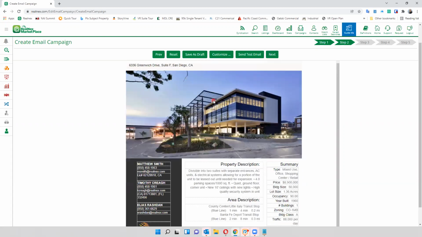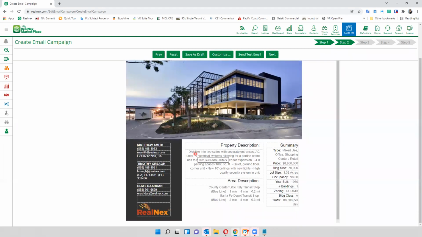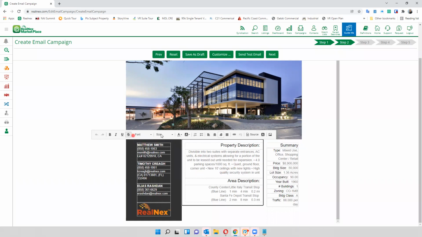Now, this can be edited as well, but the nice thing about this is this information pulled directly from my marketing package. So when I created my marketing package, I was able to push the information from my marketing package to my email and email it out rapidly. You can change any information you want on here. And again, it gives you the same information like